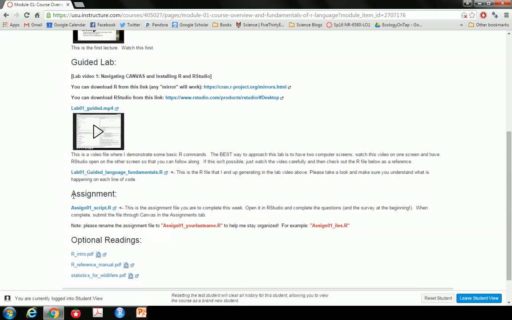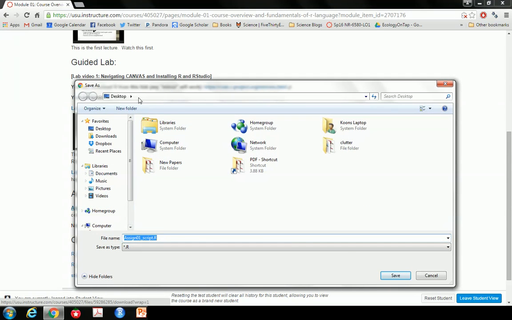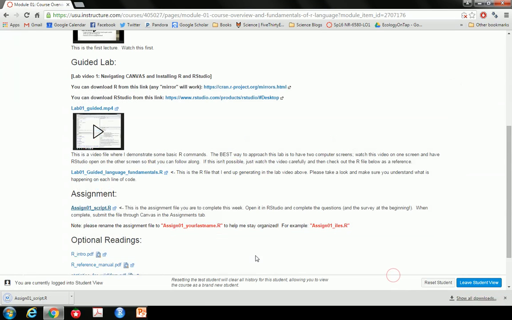The last thing you're going to want to do is go to the assignment and download this assignment. So almost always this is going to be an R script. And so go ahead and click on that to download it. I'm going to put it on my desktop again. And then once you have R and RStudio downloaded and installed, which we're going to do next in just a few